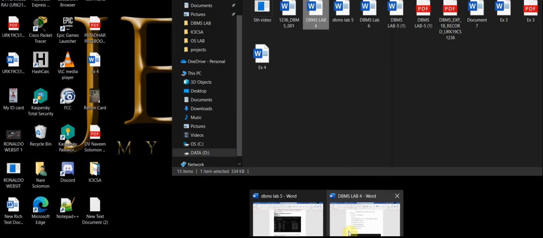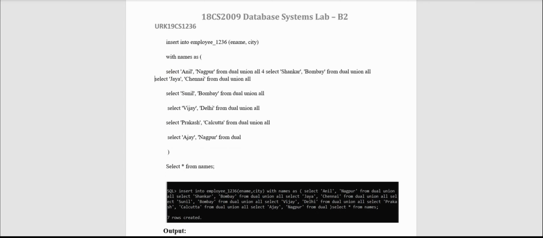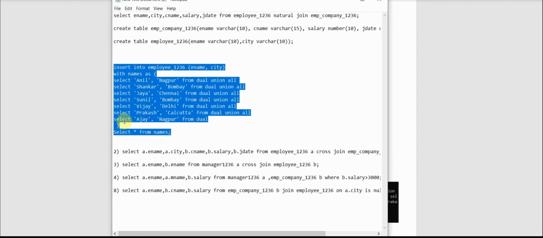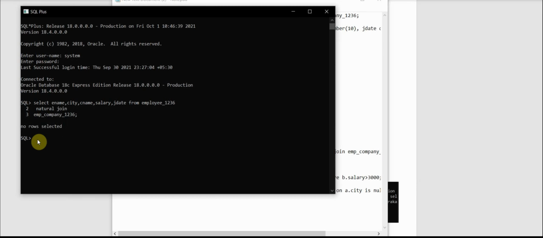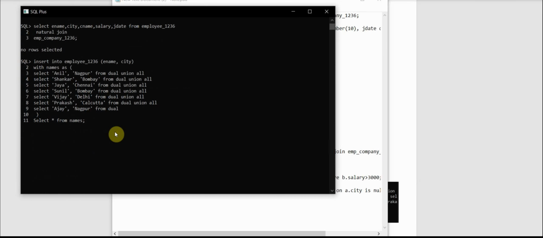Let me show the error also. We have this space, right? This space is causing an error. If I edit like this, it will work. Now I have copied this and removed the spaces here. Let me execute this first and insert them. So 7 rows are created.